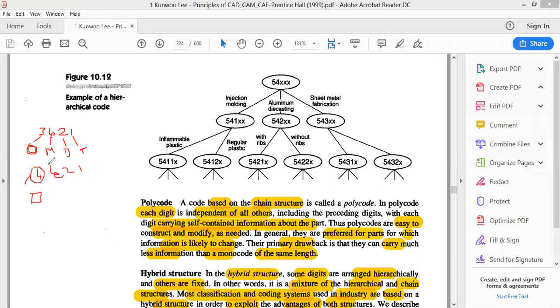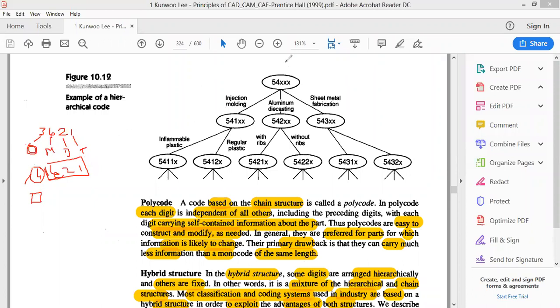Still, these things are going to be in common. So it will have a jumbled order where we cannot identify that these codes are restricted only to a particular set of family parts. So that is one of the disadvantages in a polycode.